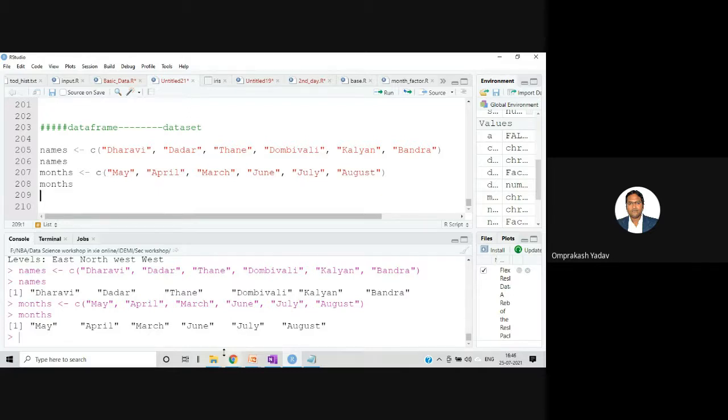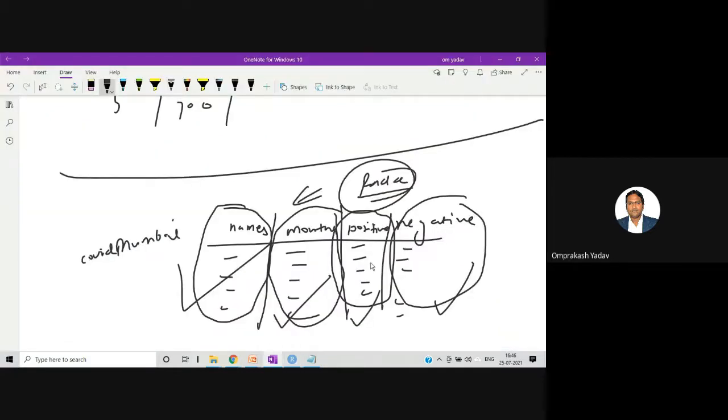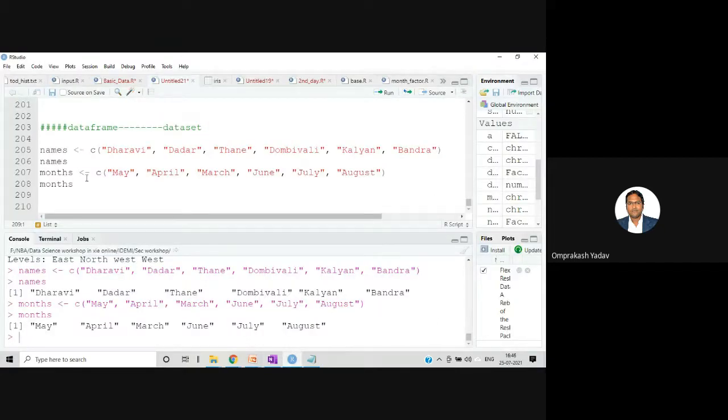Now the next column, that is positive cases and the negative cases. So let's put the values. Positive with the help of the c function. I'm randomly putting anything, okay? 2000, let's say 1000, 300, okay?